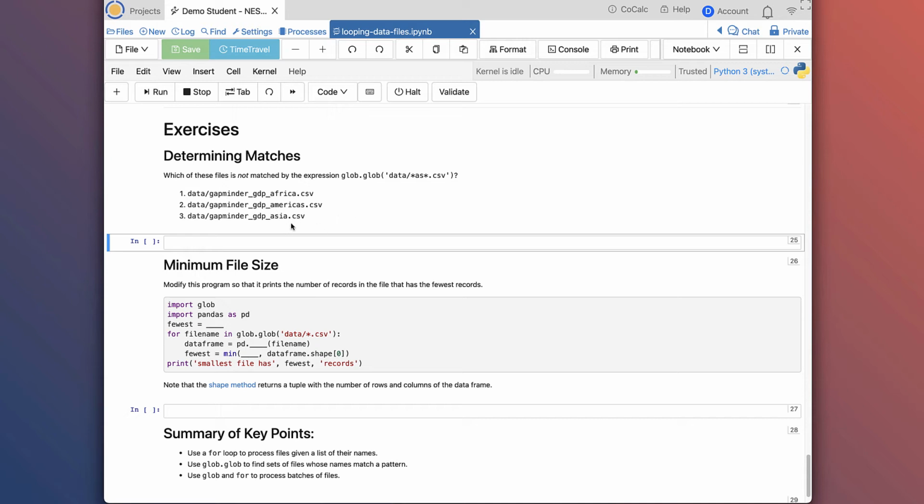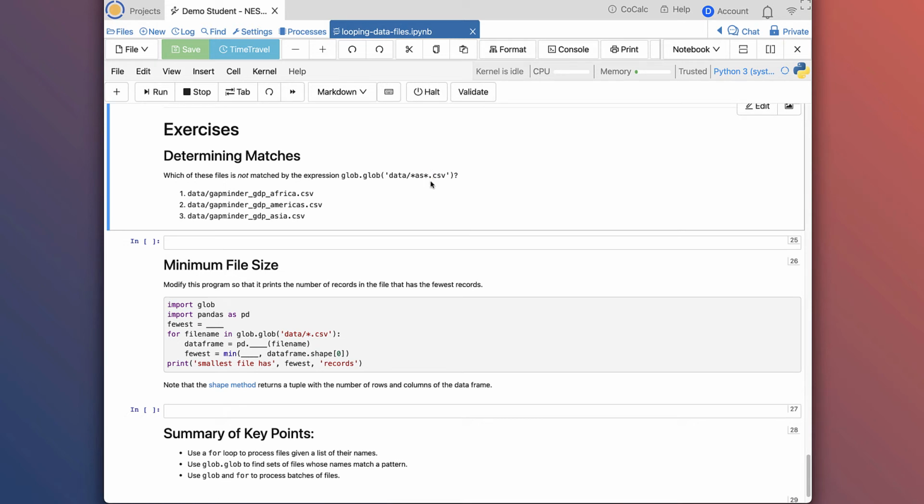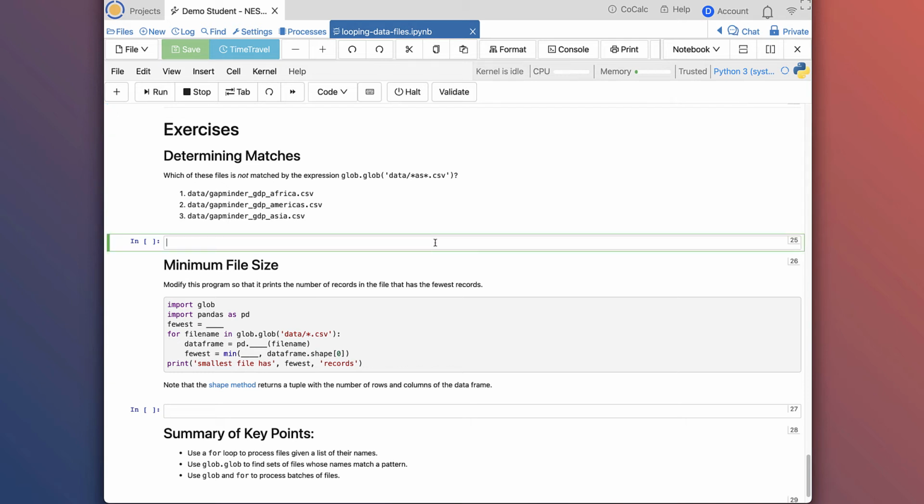So the correct answer is Asia is the only file that's actually matched by that, because it has the two characters AS together, followed by some other characters, so that's a star after, and preceded by the gapminder_gdp_, which is that star before the AS. You might have thought Americas would also match because it has an A and an S, Africa doesn't. But when we have this format of star AS star, that means anything followed by A, then S right after it, then another star. If we wanted to match anything followed by A, followed by anything followed by S, we'd have to write something like